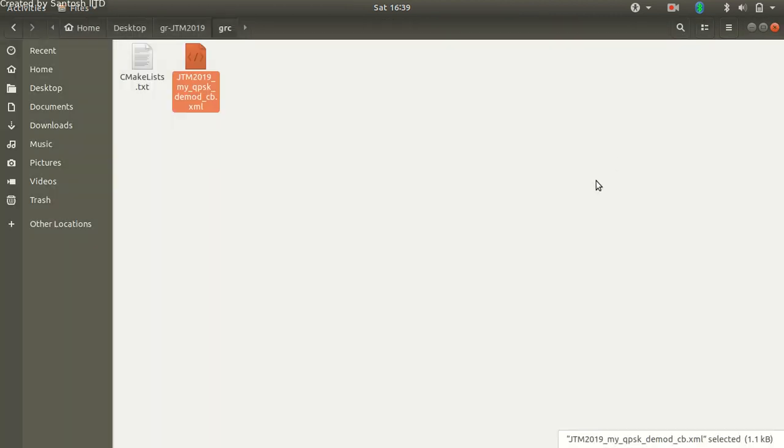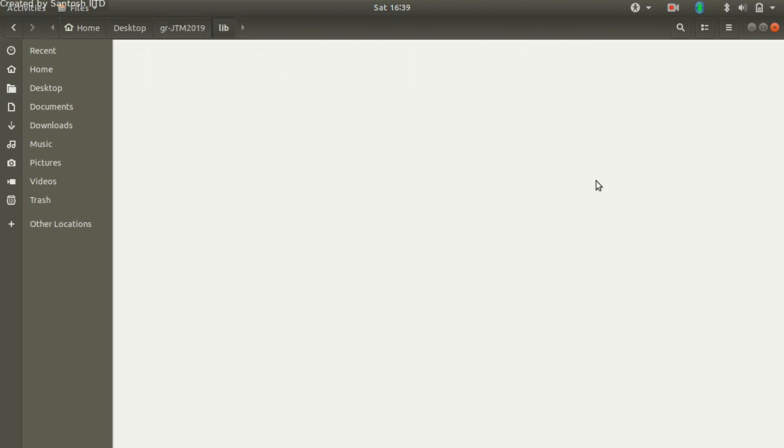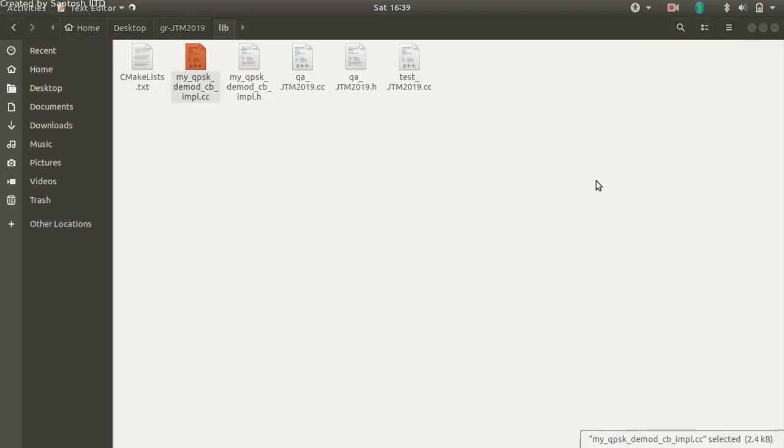So let's go back, and I have already created the coding for all these things. Let me copy all of this here. For the coding part, you can refer to the GNU Radio home page. You can get these codings there, how to write the code. So let's start with the CC file. The important coding will go here.